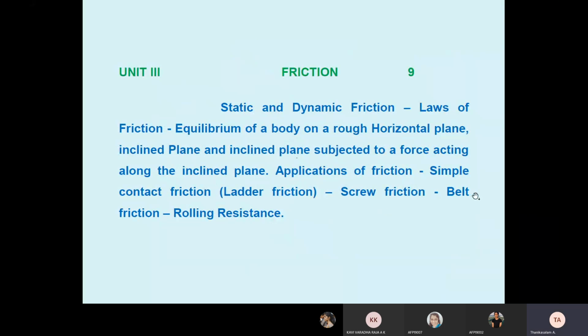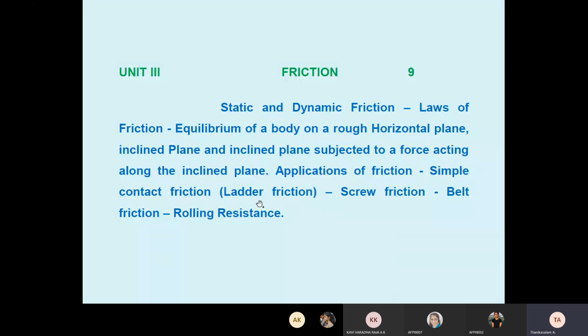The belt also rotates, as you see in the sawmill and the rice mill. If anything is rotating, there must be friction between the drum and the belt. Then only it can transmit power, the rotation from one place to another place. I think you have already seen the sawmill, and the rice flour mill. So we are using this friction concept in the ladder.